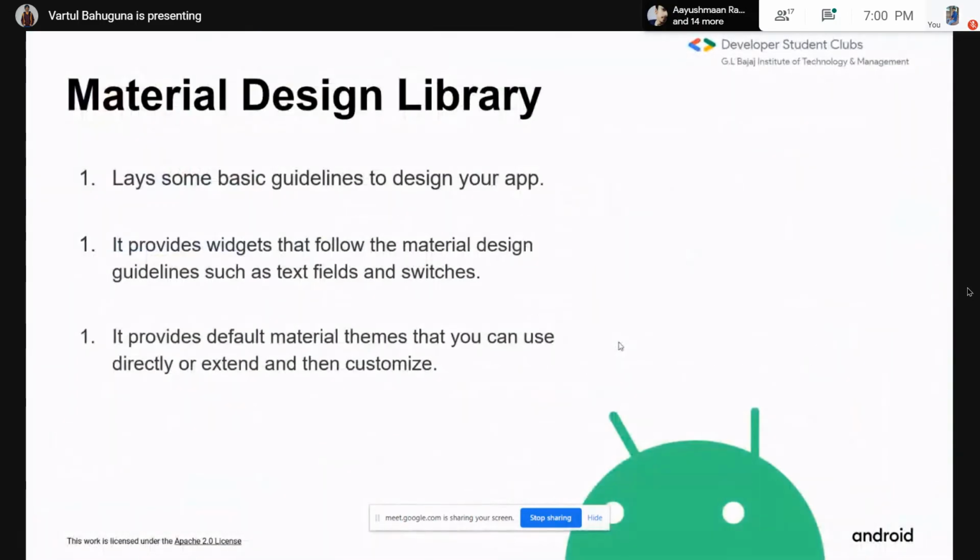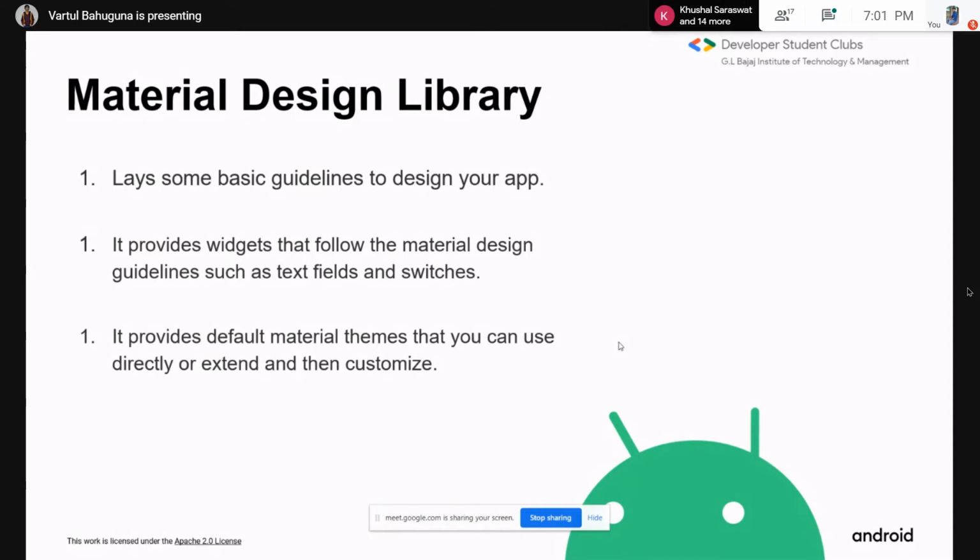The Material Design. Being a developer or a coder, designing is not a cup of tea. So to make our work easier, Google has provided us with the Google Material Design Library that lays out some basic guidelines on how to design your app, and it also provides us with some basic views. Like Google Material has its own text view, its own switch buttons.